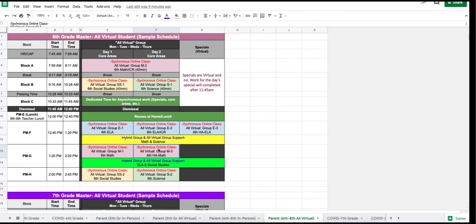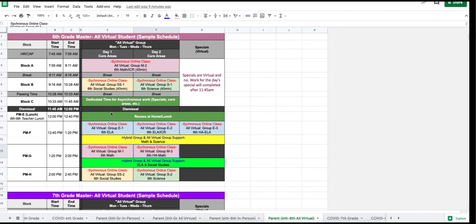So there wouldn't be any trade-off or negative, whether you're all virtual or in person, in terms of whether you're getting that ICR teacher support or that same high ability instructor for the math and the language arts. So when we look at the afternoon,